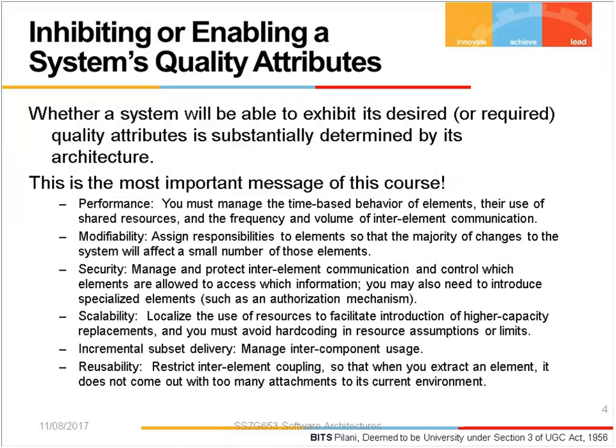I have mentioned a lot, and some of the quality attributes are mentioned here and clearly defined, and I've been mentioning them again and again in the last 1 hour. We talked about performance, modifiability, security, scalability, reusability, testability, usability, availability, to mention a few. These are some of the important things, and I'm saying it again and again to have impact on you,